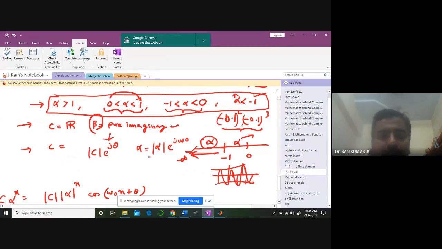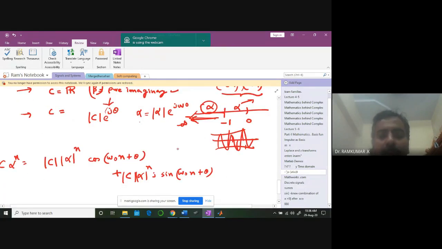Okay, and here also you can think of this beta being purely imaginary like this. Then what you can expect? You can expect that this e power j theta, okay, is going to be a purely sinusoidal waveform. Okay, and I'm going to have the samples.